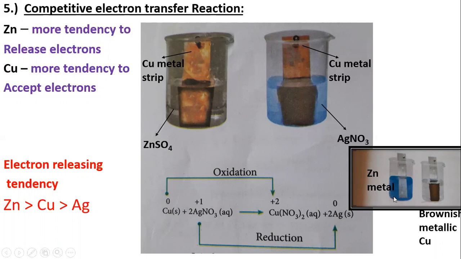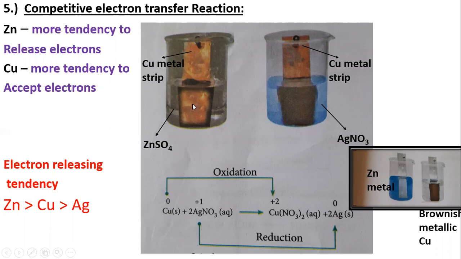Just the opposite. Previously we took zinc metal and copper sulfate, but in this fifth type we take zinc sulfate solution and a copper metal chip. So when we look at the opposite, the brownish coating that came on zinc metal, the same has to come here, right? That will be the concept.